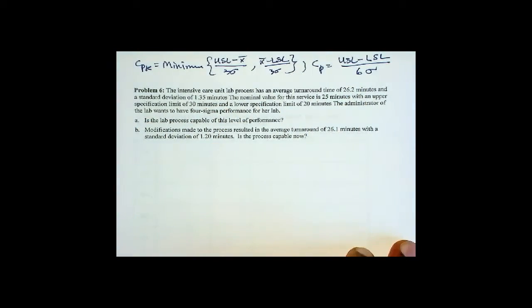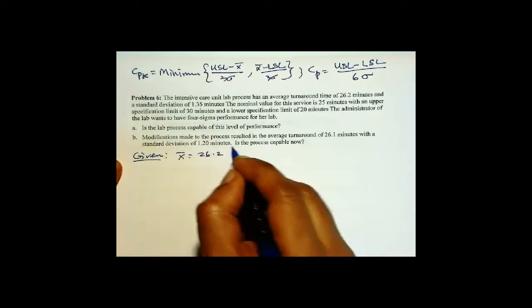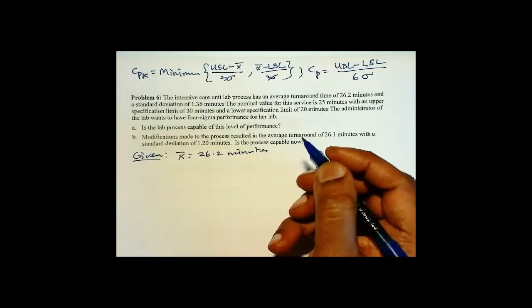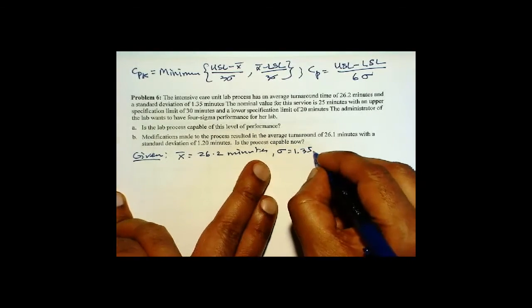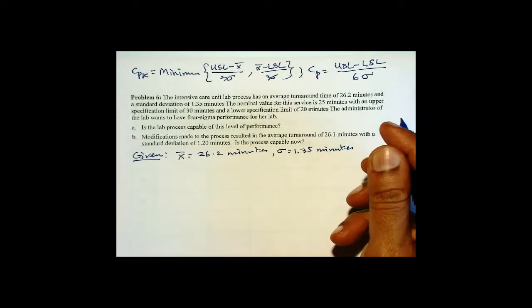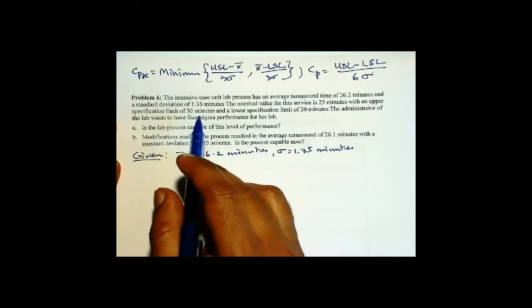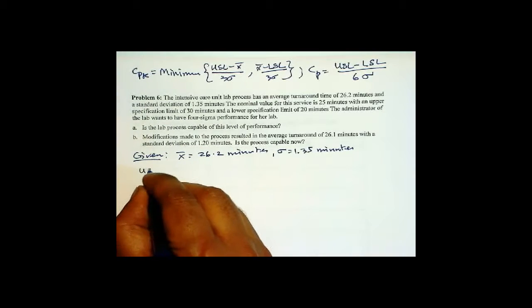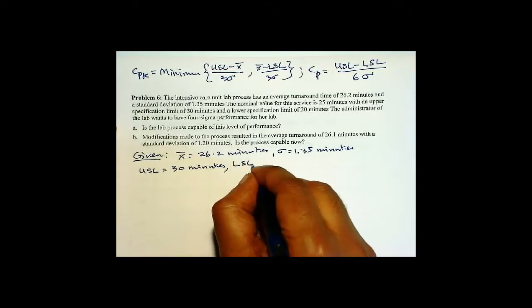So here we have an intensive care unit lab that has an average turnaround time. It is given that the average turnaround time right now, x bar, is 26.2 minutes, with a standard deviation of 1.35 minutes. Now with an upper specification limit and lower specification limit, the upper specification limit is 30 minutes and the lower specification limit is 20 minutes,